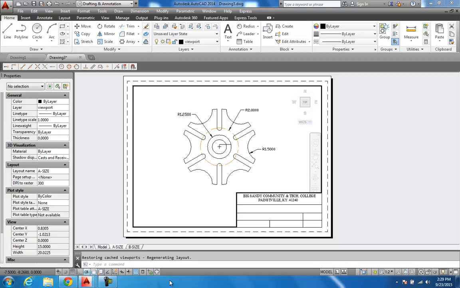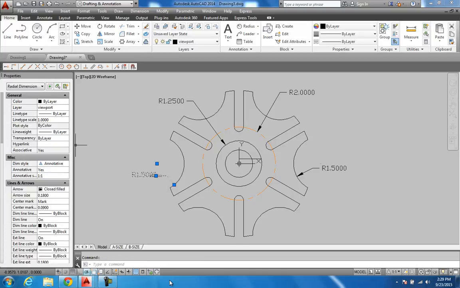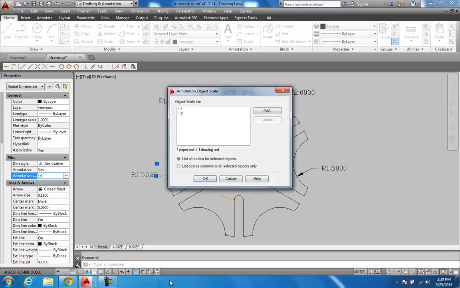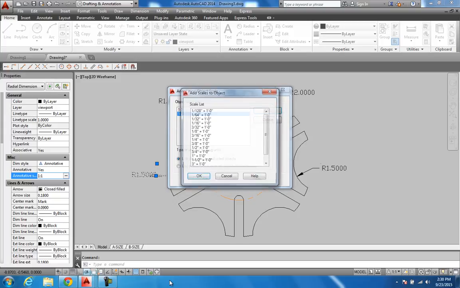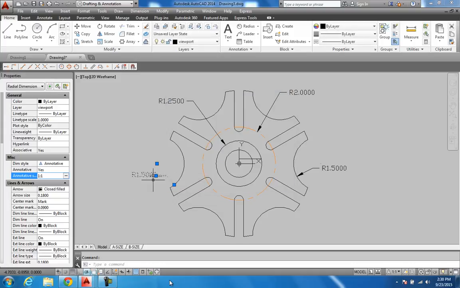And before we end this, you're probably wondering, how do I fix this if this is like that? There's a couple of really cool tricks, and what you'd have to do is click on this one and come over here into your properties, or right click and go to properties and slide right down here, and you're going to see annotative scale. Click on this little box, and you're going to switch it to 1 to 2. Add. We're going to switch it to 1 to 2 and hit OK. And you all see how it